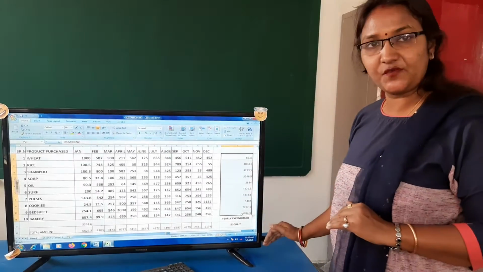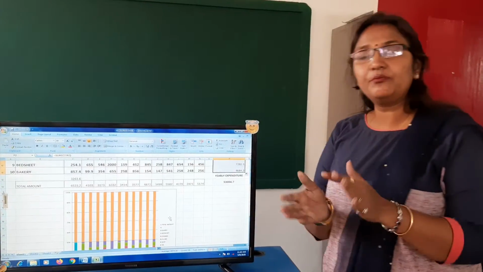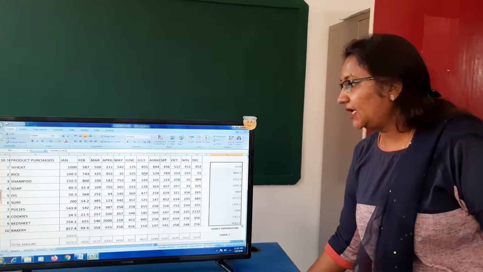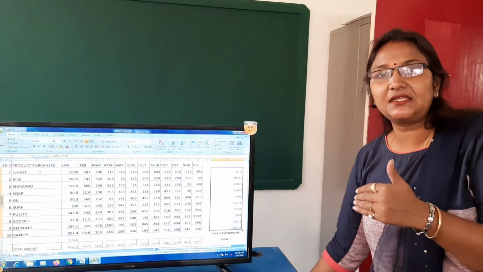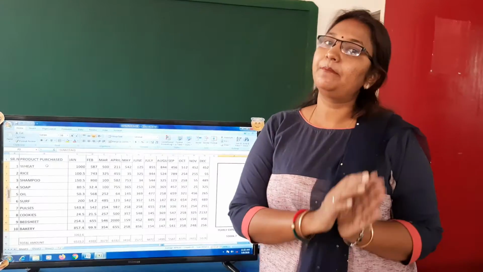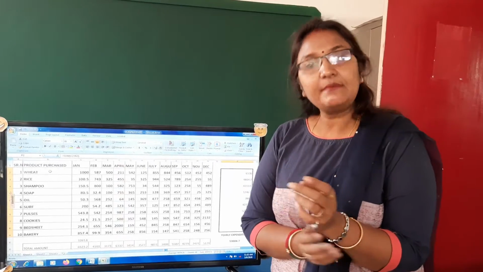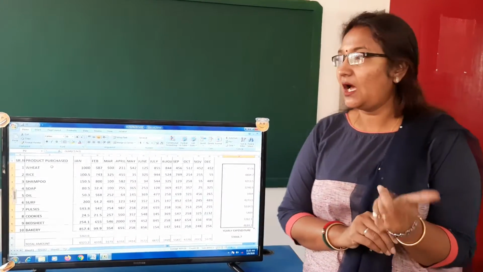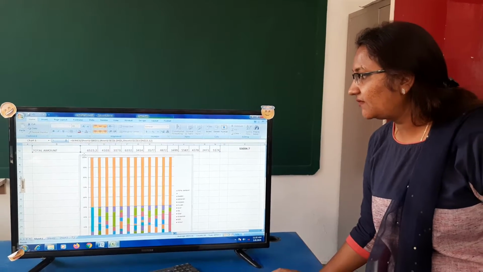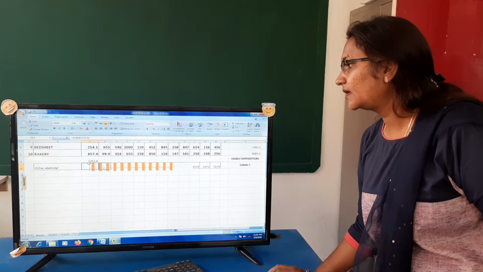When I copy the same formula, it is called absolute referencing, and a combination of both is known as mixed referencing. Now here, if I want to see the entire thing in the form of a chart. Chart means you have seen bar chart, column chart, pie chart and so on, which in your mathematics also you used to design. Same in MS Excel also we can design. How? Simply I'll just remove this chart which we have already designed so that it will be easier for you to understand.